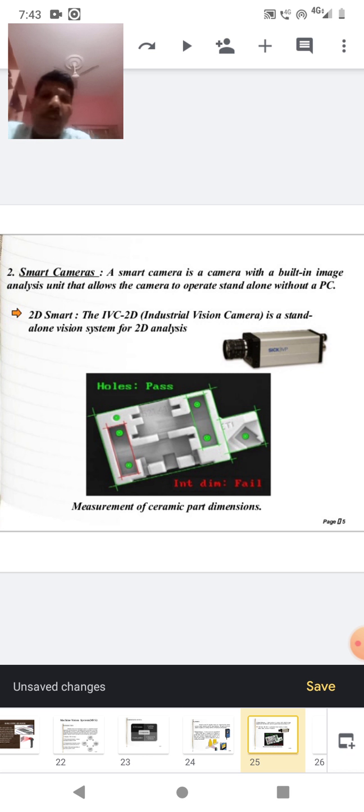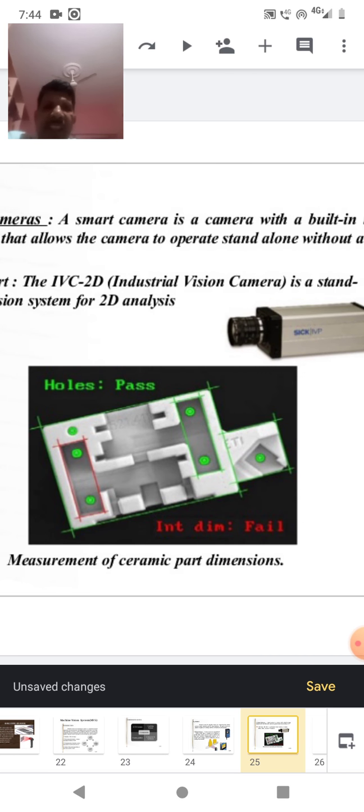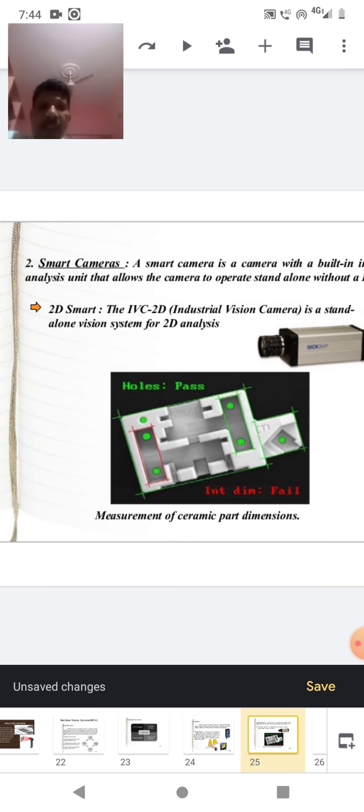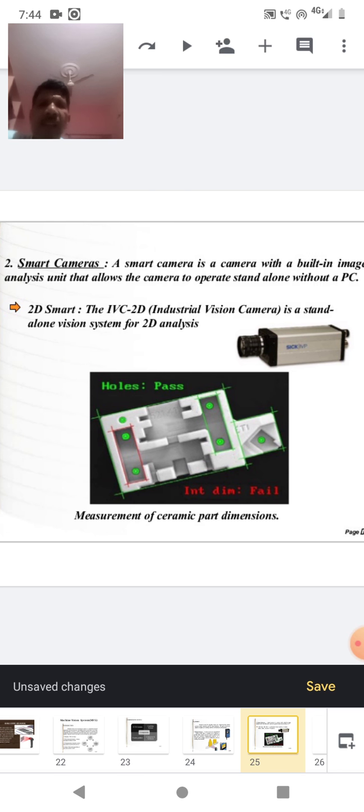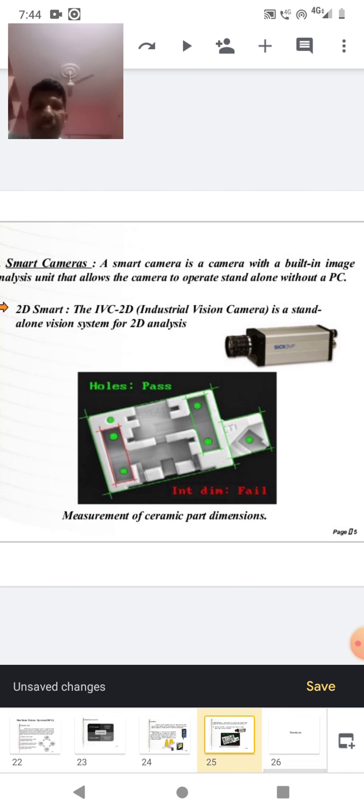IVC means industrial vision camera in 2-dimensional, a standalone vision system for 2D analysis. This is a measurement of ceramic part dimensions, holes pass. Simply we have to say the smart camera is a camera built in with an analysis unit, containing the image analysis unit part.